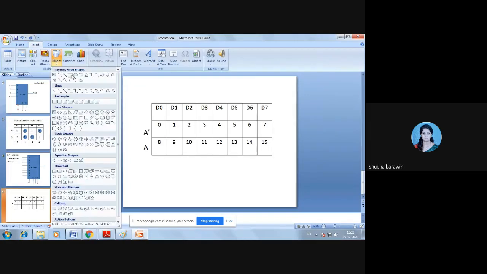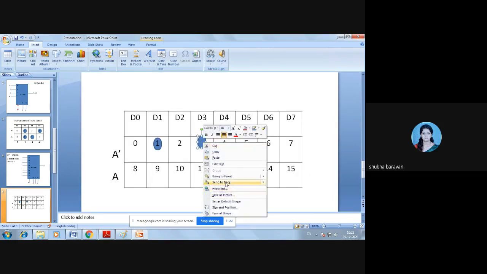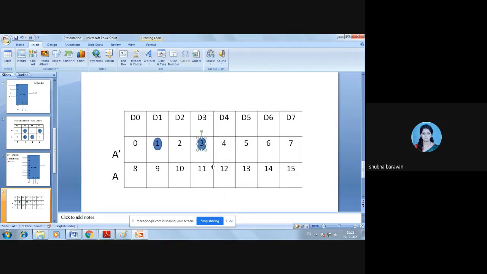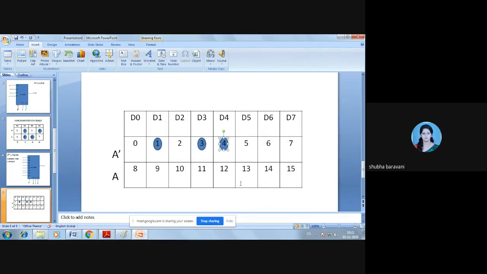I'll go on circling the given min terms. What all did it give? 1. We have got it to be 1. Then 3. Then I have 4. 1 3 4 5 6.